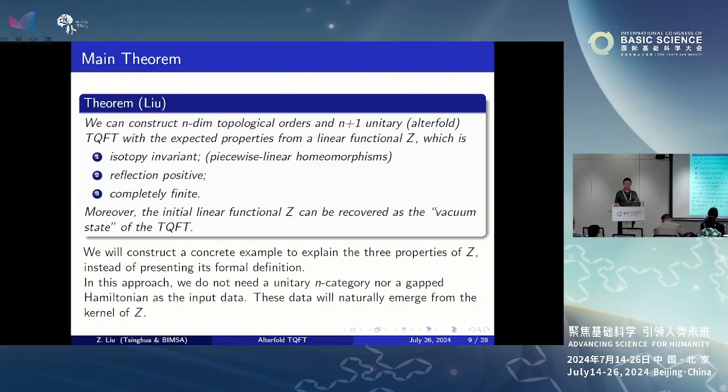And somehow the original theory will live on the domain wall between the A and B colored top dimensional bulk. So in that way, we extend the n-dimensional theory as the domain wall theory between A and B. And actually the A theory will be the vacuum theory. So essentially it's the boundary theory on the bulk B color part. So this will be a kind of bulk boundary duality in all dimensions.